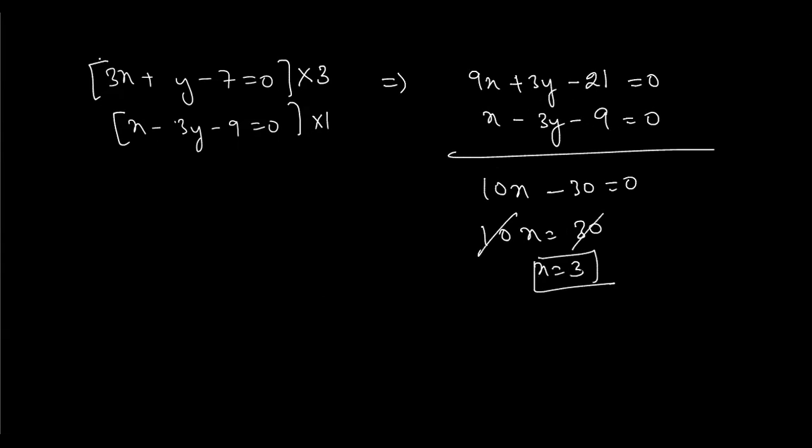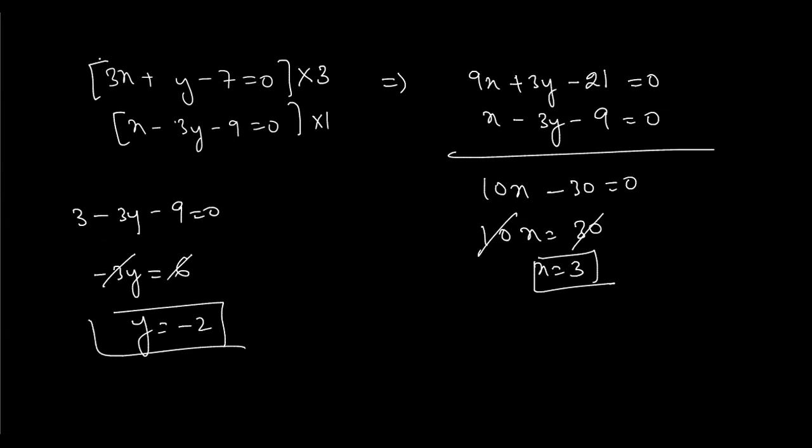Okay, and similarly by putting the value of x in any one of the equations, you can calculate the value of y also. So this will add here 3 minus 3y minus 9 equals to 0. Then when you subtract these two, you can write here minus 3y, and you will get here minus of 6, and minus of 6 will go to that side, become positive. So you can cut it, you will get here y is equals to minus of 2. Got it? The coordinate of the center of the circle, x, 3 comma minus 2. Got it? 3 comma minus 2 are the coordinate of the center of the circle.